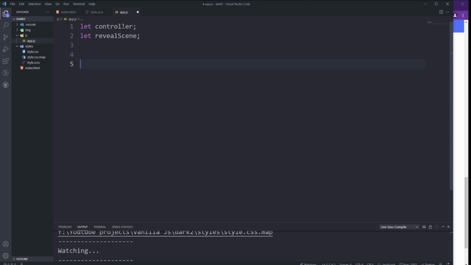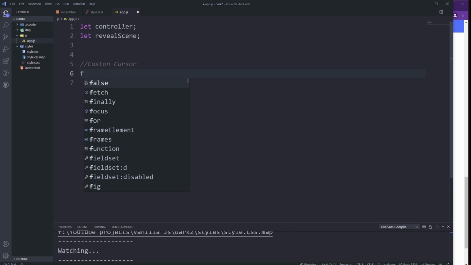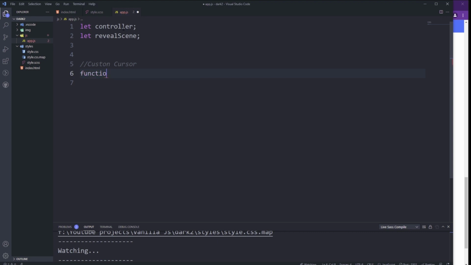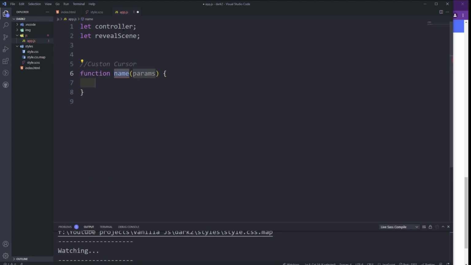Okay, so first off, let's start with a custom cursor. Okay, custom cursor. So to do a custom cursor, this is pretty easy to do. I'm just going to do a function. I can't remember the shortcut to create a function. I think it's like this. Okay, so this one is going to be